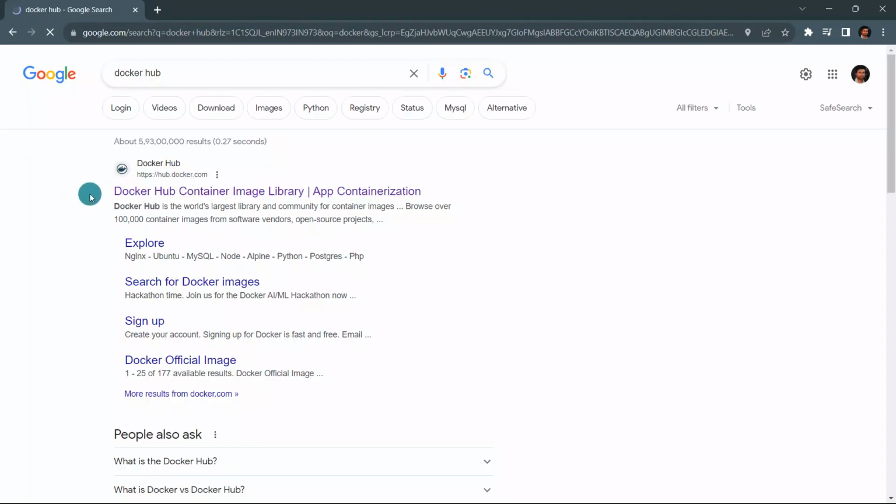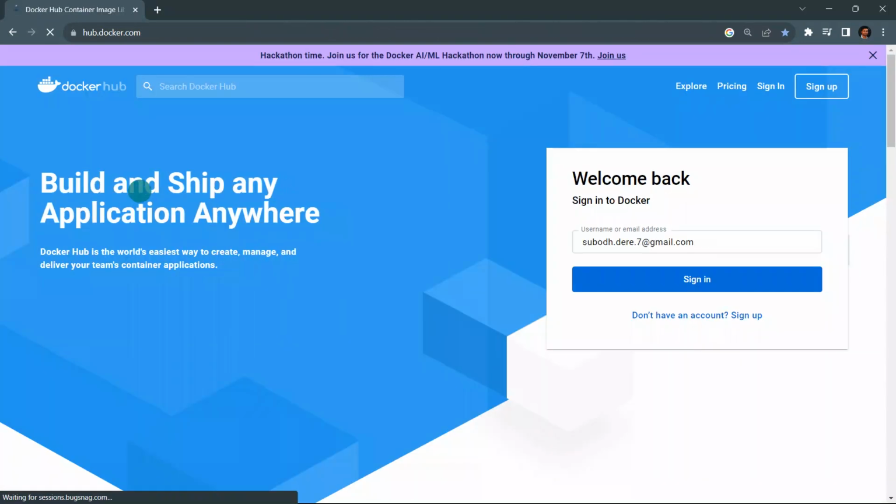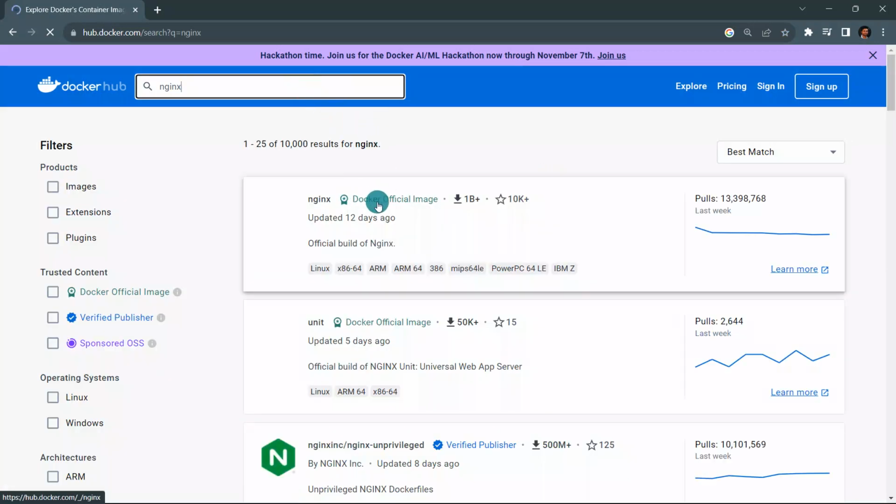Docker Hub is nothing but you can consider a registry where all the images are stored. So you can go to hub.docker.com, and if you search Nginx within this, you will get to see a lot of options related to this Nginx image. Okay, so this is the official Docker image. We will always play with the official Docker image, and this was updated 12 days ago. That's what we saw, like 2 weeks back. And if you just click on this Docker official images,